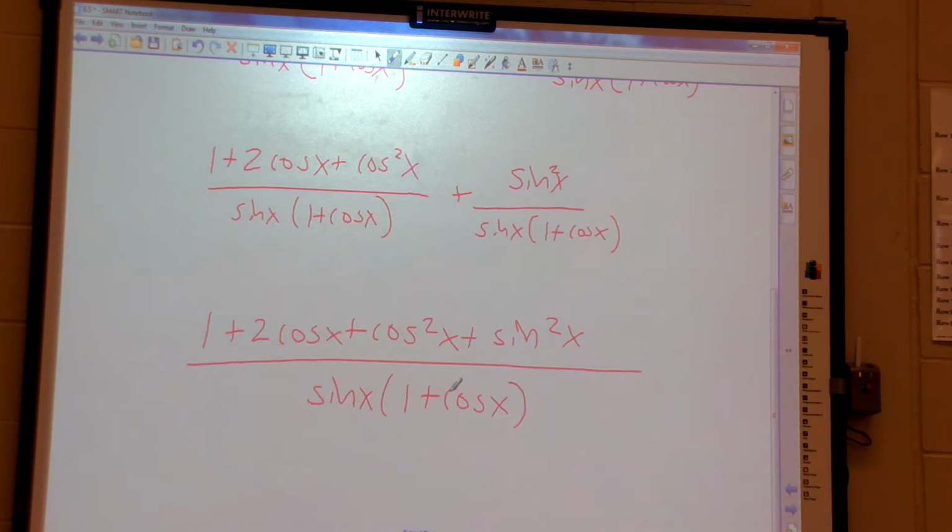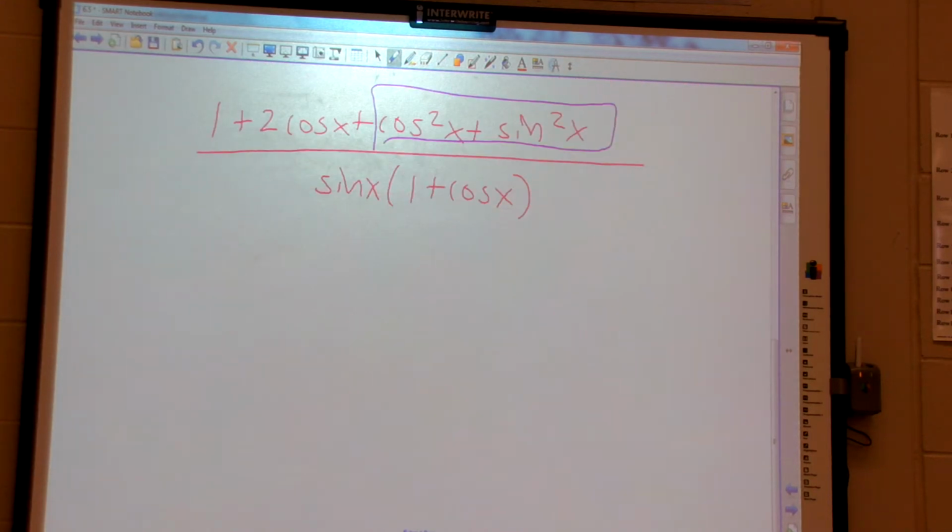So now, here's where some of us might get stuck. What do we want to do from here? Divide everything in the numerator by the denominator. I could, but let me ask you a question. Isn't that going to get right back to where I started? Can't we simplify the cosine itself? You betcha. That's really the only way to go on this one. That should be an alarm going off in your head. Sine squared plus cosine squared equals 1. So I have 1 plus 2 cosine x plus 1